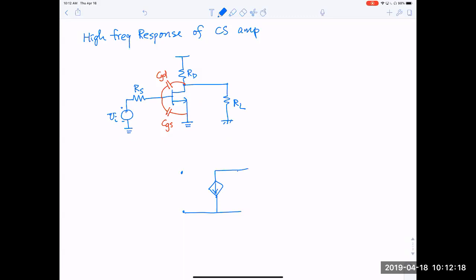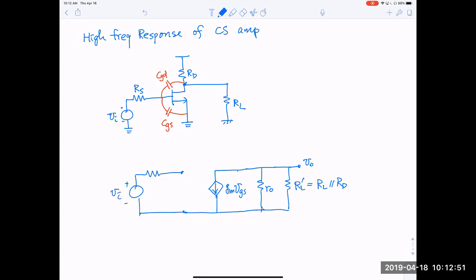And then there is R0, gm, VGS. There is R0, okay. And I can combine RD and RL1, since in the AC circuit they are both connected to ground. So I have RL prime, which is equal to RL in parallel with RD, right? And this is my output voltage. And here I have RS and I have VI,